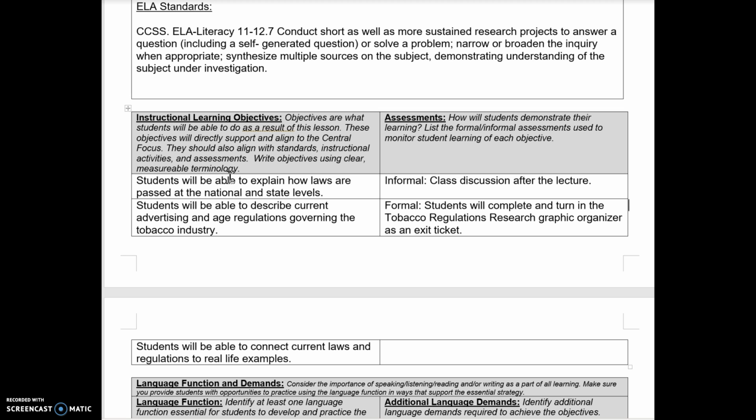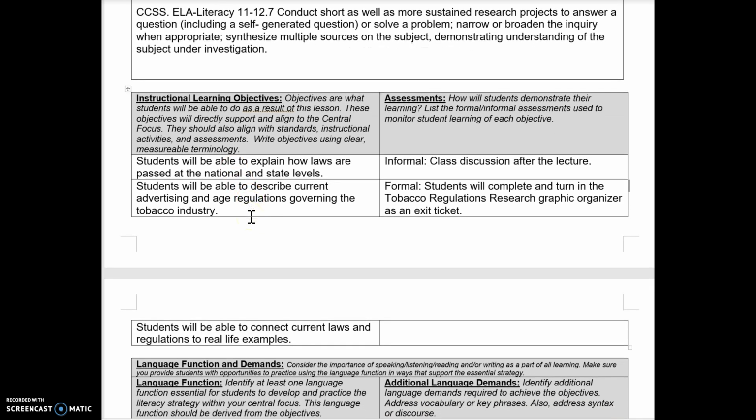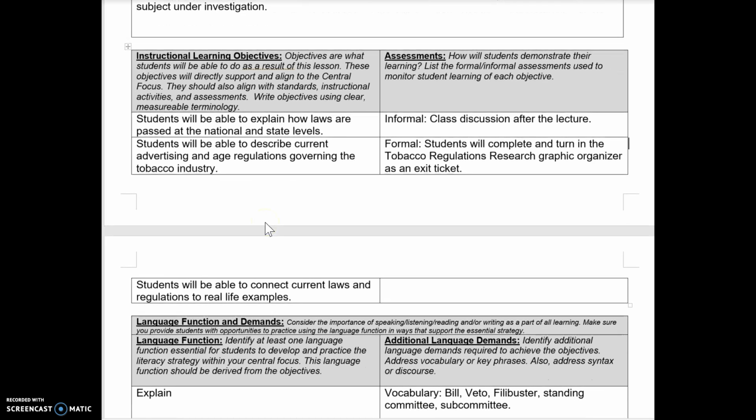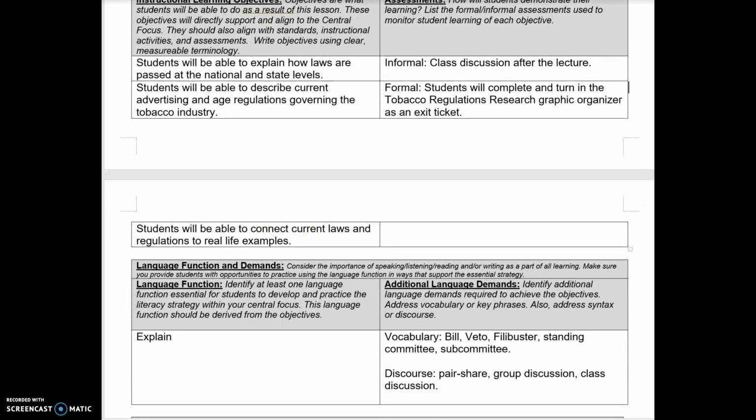So first, after this lesson, students will be able to explain how laws are passed at a national and state level. Students will also be able to describe current advertising and age regulations governing the tobacco industry. And finally, students will be able to connect current laws and regulations to real-life examples. These objectives will be assessed through an informal class discussion, both during and after the lecture, as well as a formal assessment where students will complete and turn in the tobacco regulations research graphic organizer, and this will be